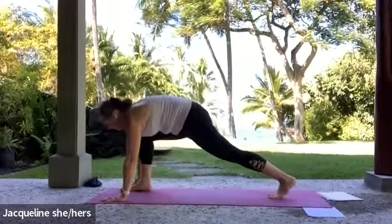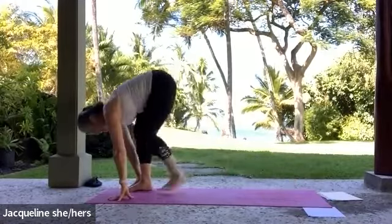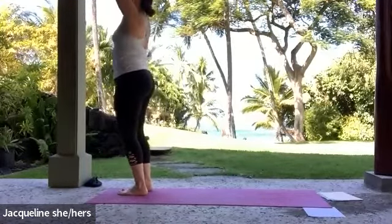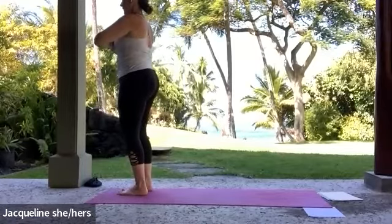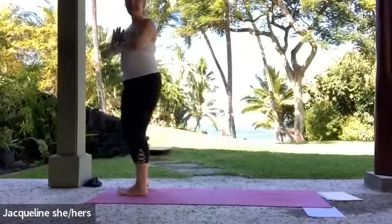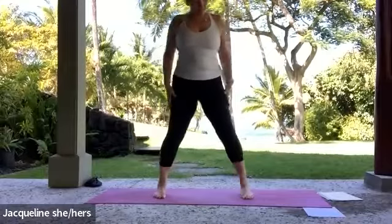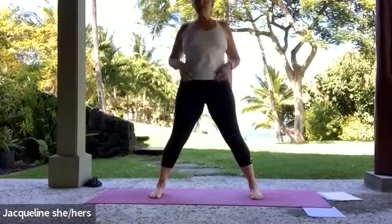Inhale, right foot comes forward. And exhale, bring that back foot in. Inhale, come all the way up. And exhale, hands to your heart center. So how are you doing now? How's your energy feeling? So from here, I want you to stand with your feet maybe a little bit wider